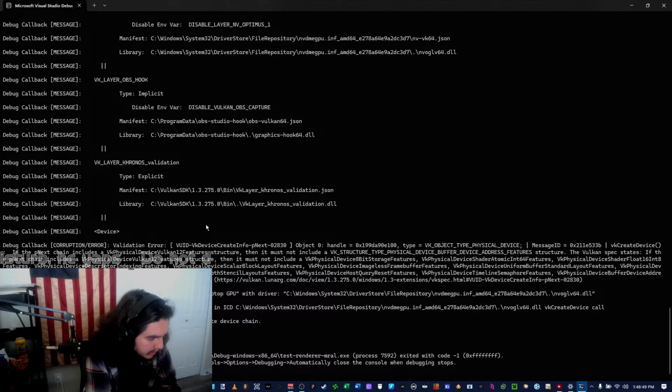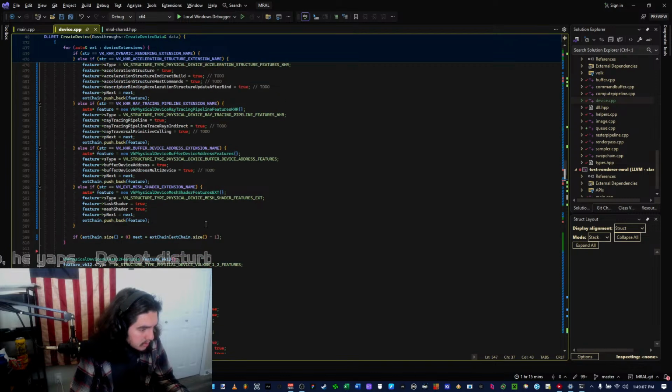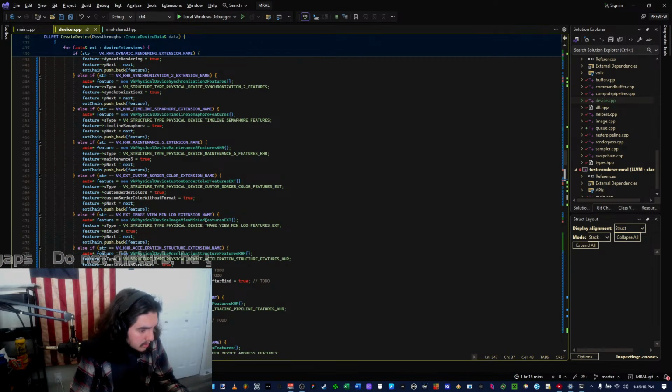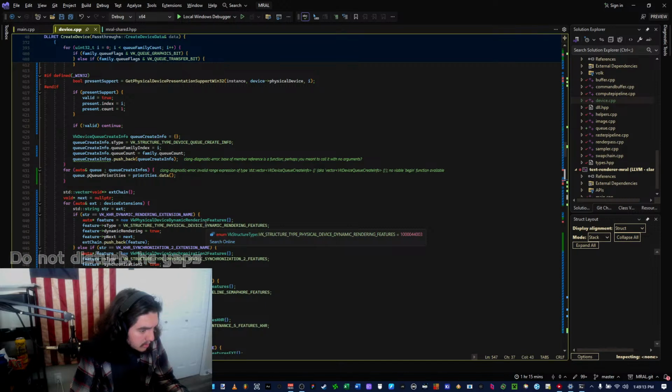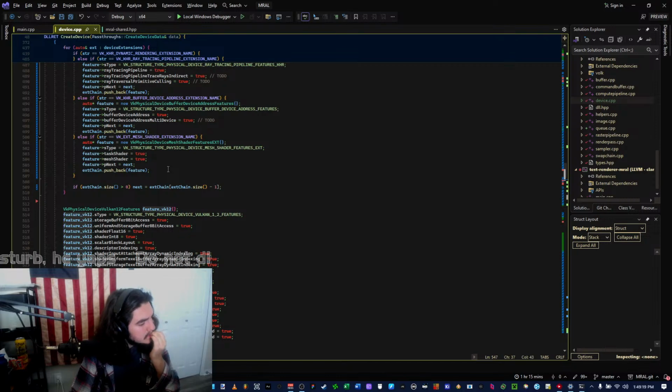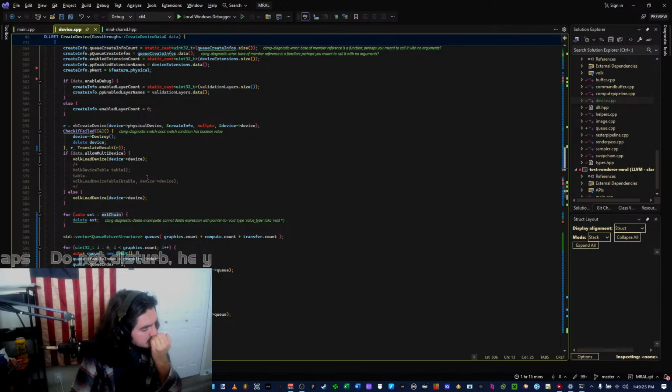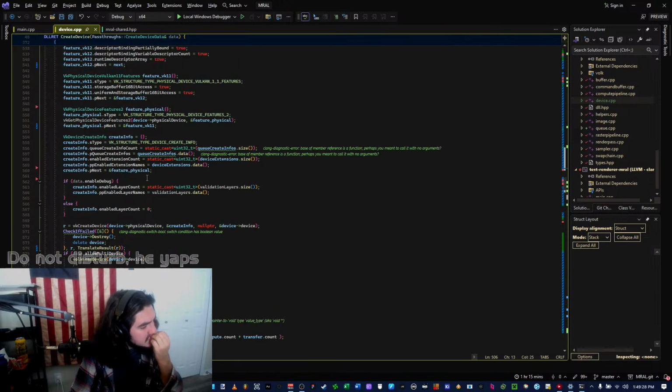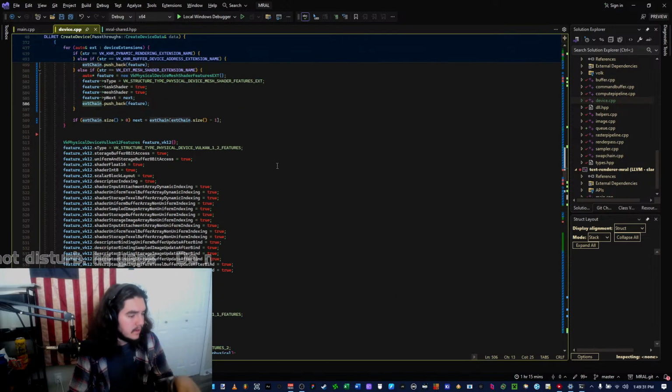The Vulkan spec states if the pNext chain includes a VK physical device Vulkan 12 features structure, then it must not include features, mixing features, scalar prop. Oh, I'm confused now. What?